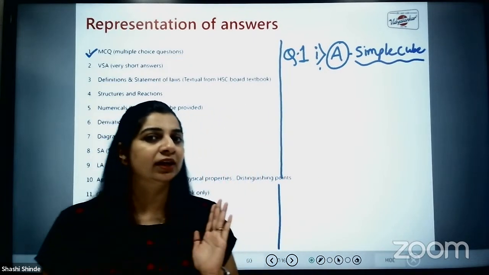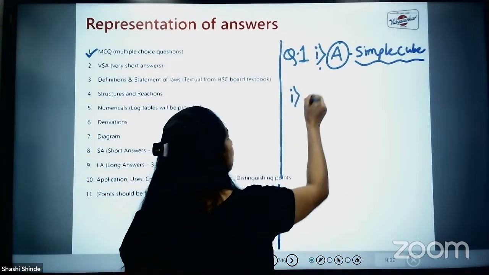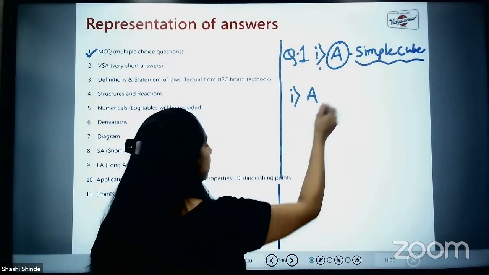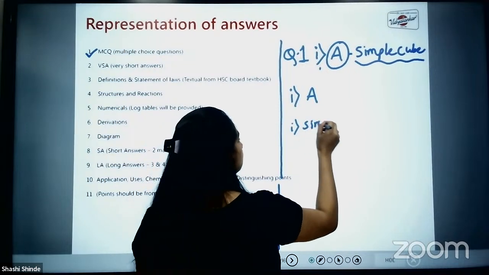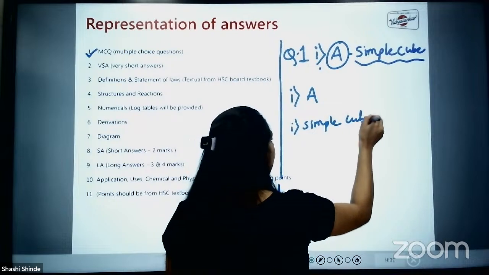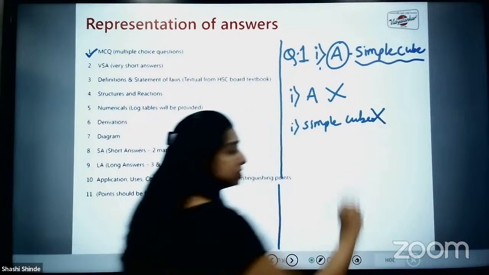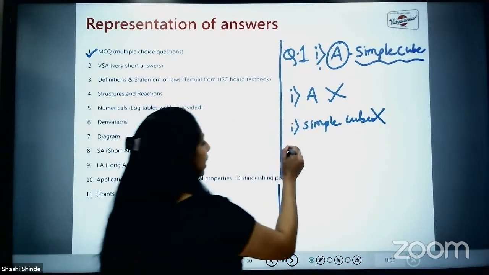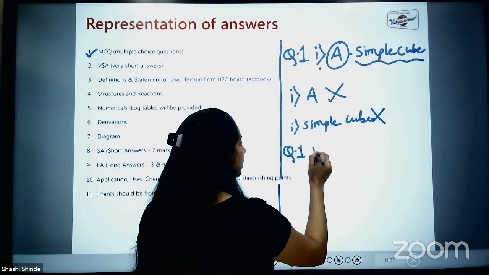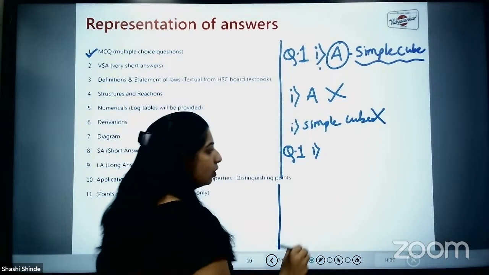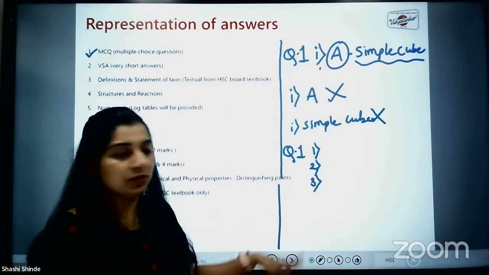There is no half mark criteria in section A. So if by mistake you write only A, if you forget to write the answer, or if you write only simple cube, then this will also get 0. So it will be considered as wrong. This is also considered as wrong: if you write question number 1 and instead of the Roman numeral, you write just question number 1 or question 2 like that. Remember, question 3 onwards